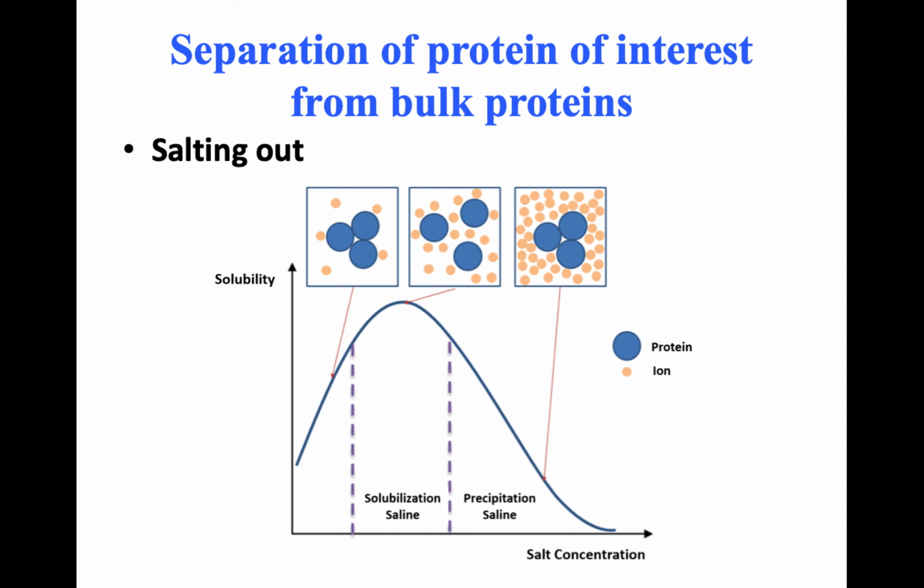But if you keep on adding the ammonium sulfate, the free water molecules in the sample will become scarce; the number of free water molecules will decrease. Now the water molecules that were forcefully interacting with the hydrophobic regions in the proteins will be removed, and those water molecules will start interacting with the ammonium sulfate.